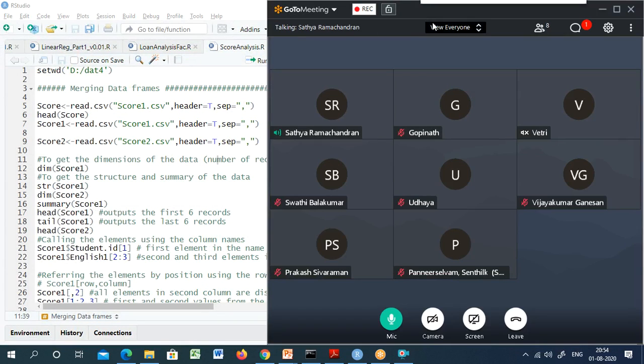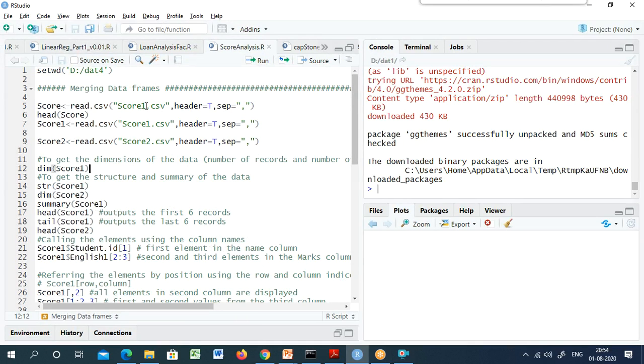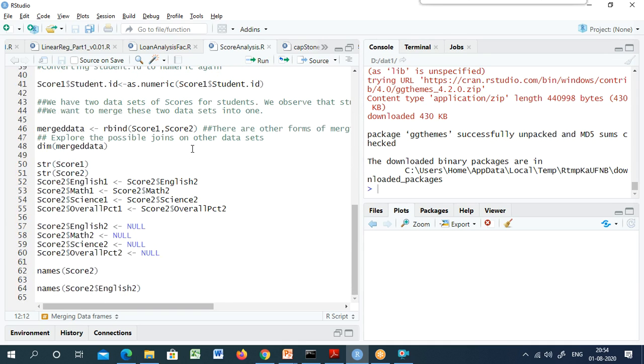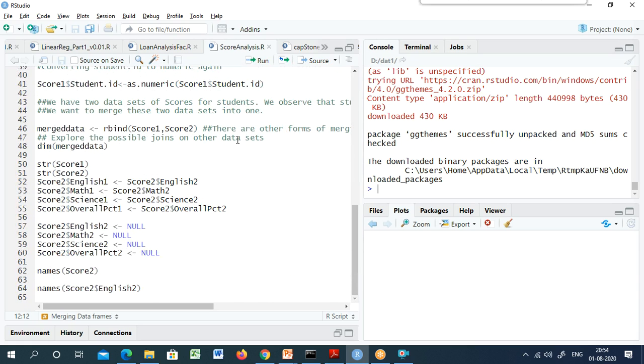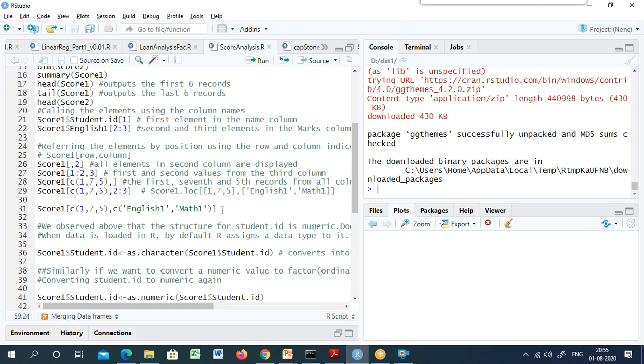Yes, in the last session we discussed this script, isn't it? We used score1.csv and score2.csv, and we discussed how to slice the data, how to do typecasting from one data type to another, and also the factor variable, and how to drop a column from the data frame using NULL, right? By assigning NULL to a variable we can drop it. And today we will continue with the other thing, right?